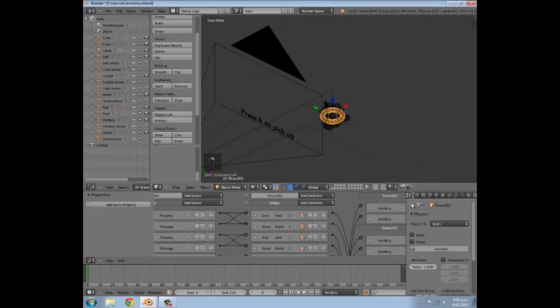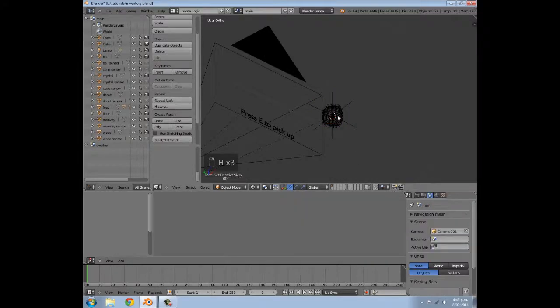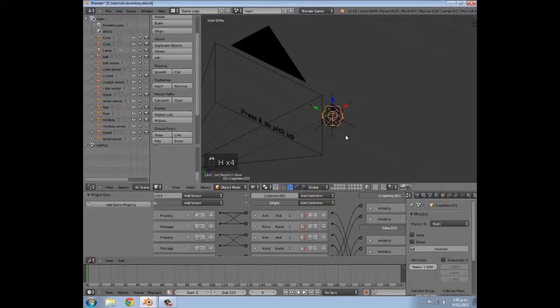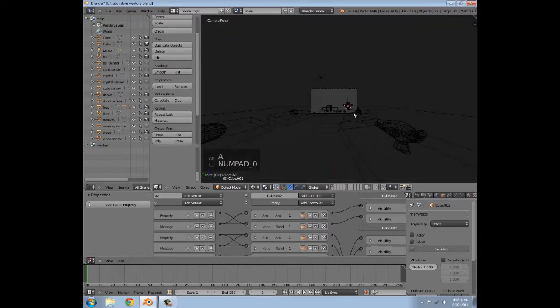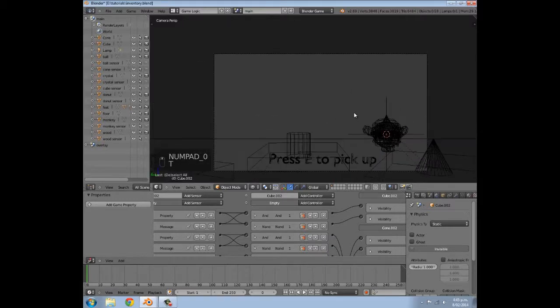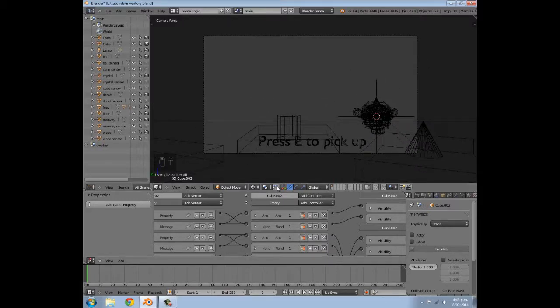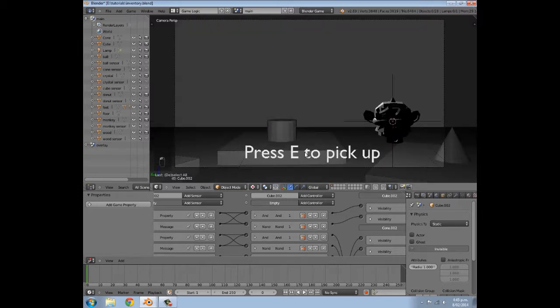One more thing though is on each of our sort of dummy objects here, we need to select invisible in the physics tab and then press H to hide it, after you've clicked invisible, of course, because they're going to be visible in the viewport otherwise. And do the same for the cube, then press Alt H to unhide them, and now they'll be back in the scene. So we're going to press numpad 0 to go into the camera view, then down here select textured,